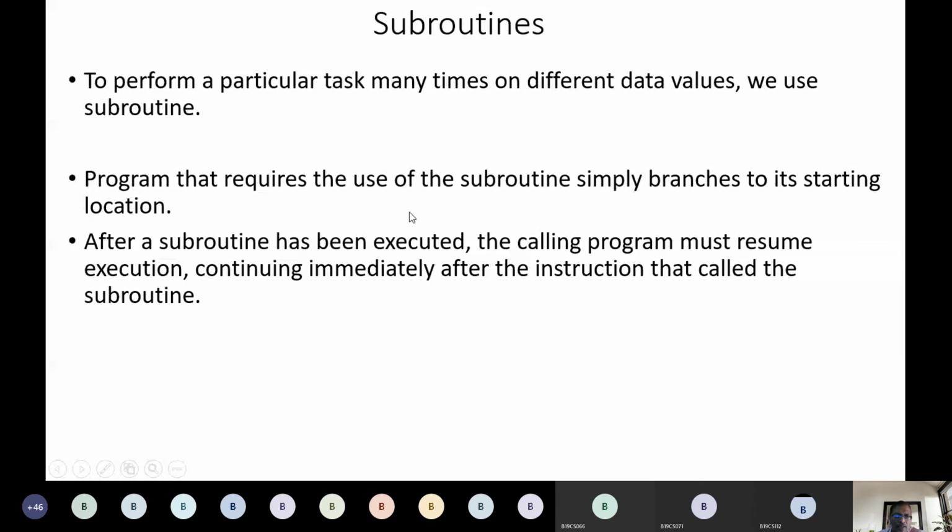How it jumps we will discuss in the next class, but at the moment remember, from the main function the control can jump to a subroutine, or we can say a user defined function, executes the entire subroutine, and when we say return, then it jumps back to the main function.